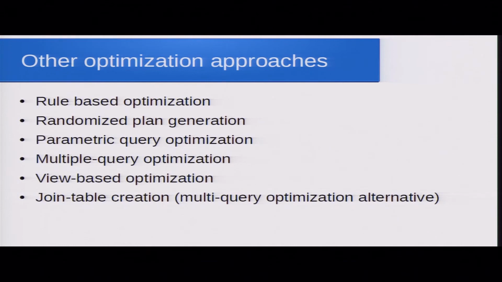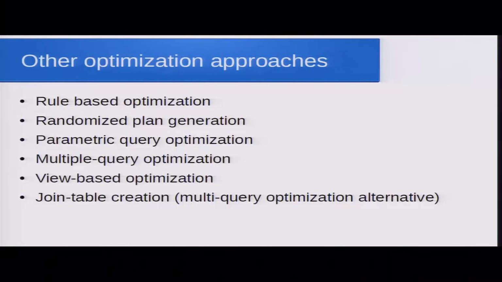Other optimization approaches can be rule-based optimization, where you fix some rules which you follow, something like a decision tree in data mining. You can do randomized plan generation. Remember that the plan exploration space can be very large, and oftentimes if the size of the query is quite small, meaning the total number of tuples that the query needs to access is very small, then the query cost estimation time can dominate the actual query execution time. So in that case, you can randomly generate a few plans and do the cost estimation only on them rather than doing an exhaustive plan search. You can do parametric query optimization,